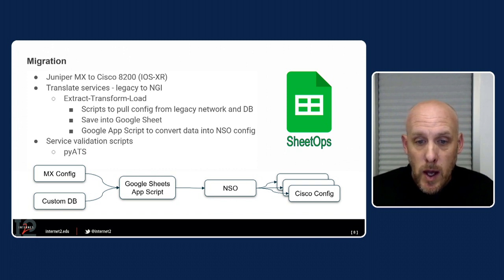Also, some of the app script could highlight problems in the original incoming data. Maybe it was missing route policy, or it's missing some community tags. So an engineer had the opportunity to fix that up before pushing it out to NSO. This process also generated the input data to our various validation scripts for pyATS. And so we use these for pre and post migration